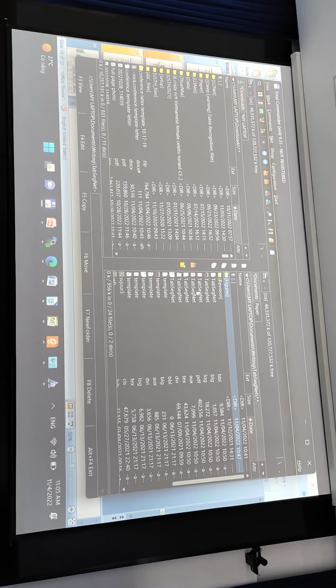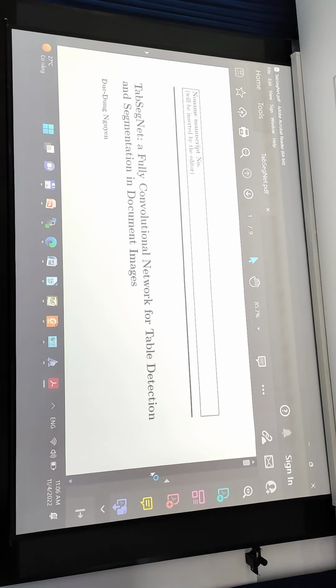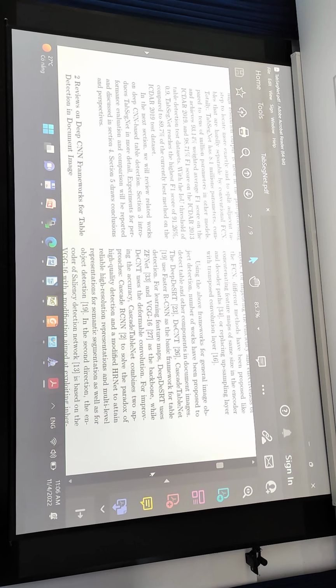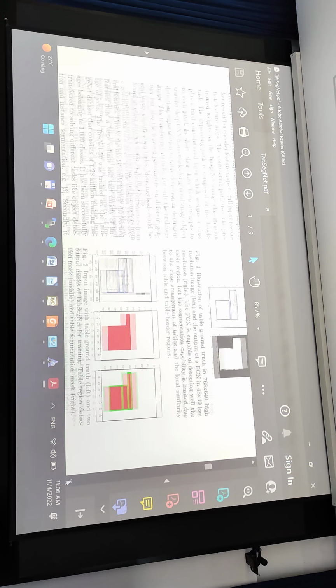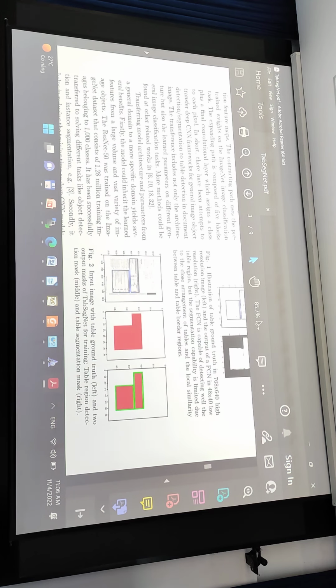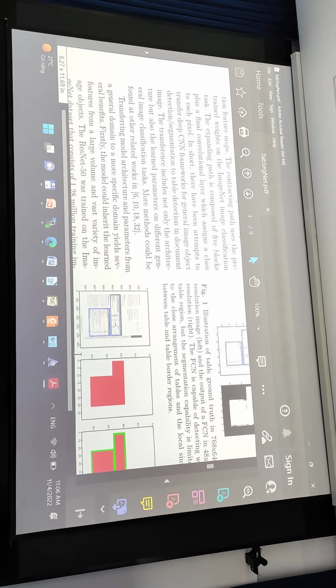This paper. In my paper, I use this one. You could see, you could inspect.